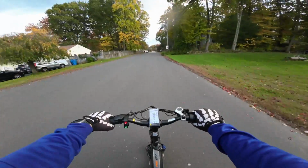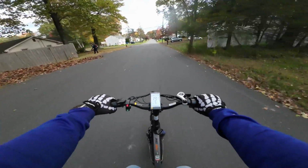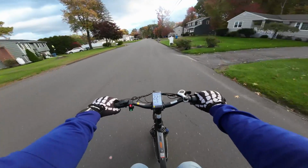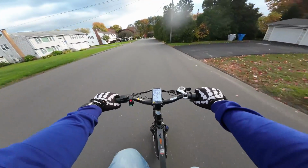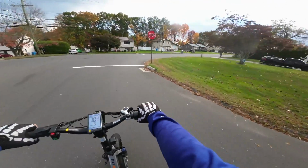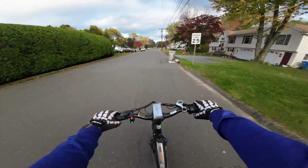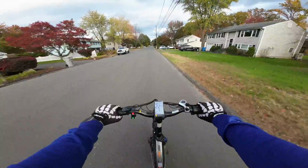We'll do a speed test here, see what top speed we can get. They say you can get up to 28 miles per hour on the A2. All right, so one thing I noticed is that it looks like the top speed for throttle only is 20 miles per hour. So I wonder if we can change that. I'll have to look into it. But it looks like while you're pedaling,